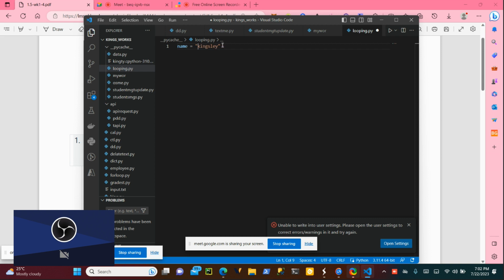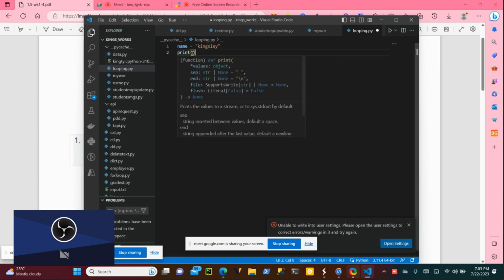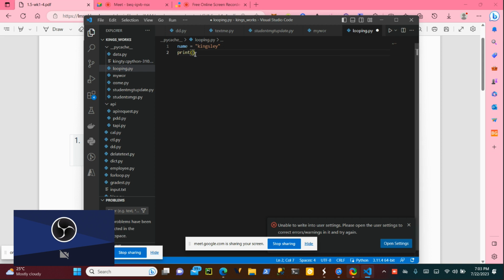Because we've not done that yet, I don't want to worry about it. So now here, K has position 0. It starts counting from 0. So K here has position 0, then this one has position 1, position 2, position 3. If I want to print this one, I can say print. I just want to print the first character. I will use the name here.